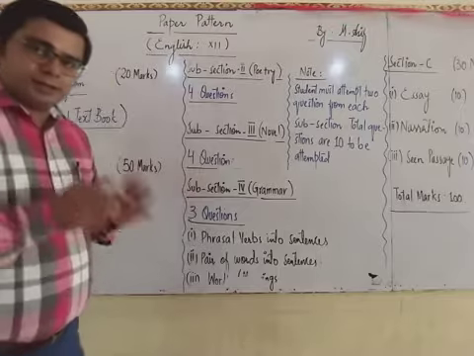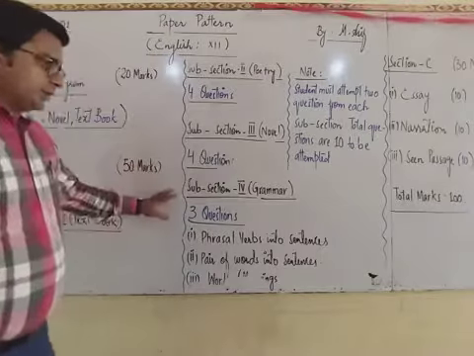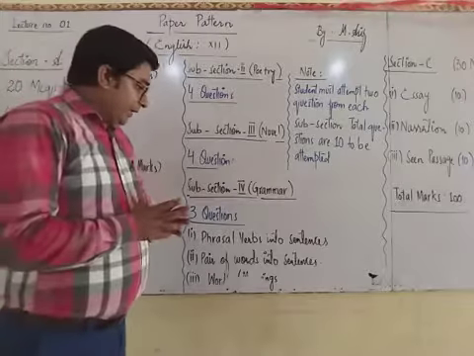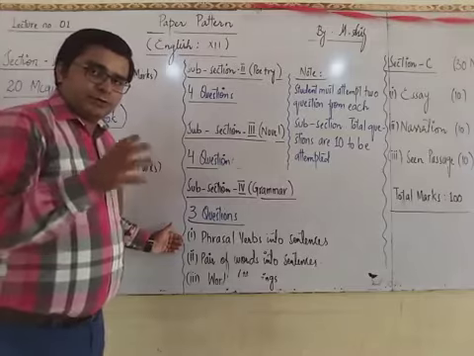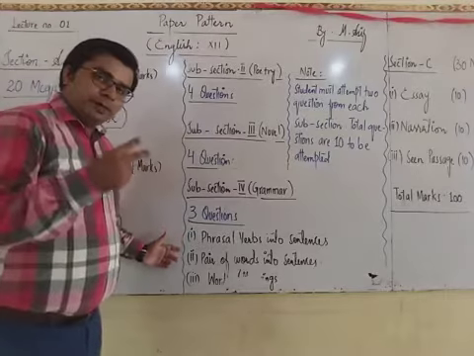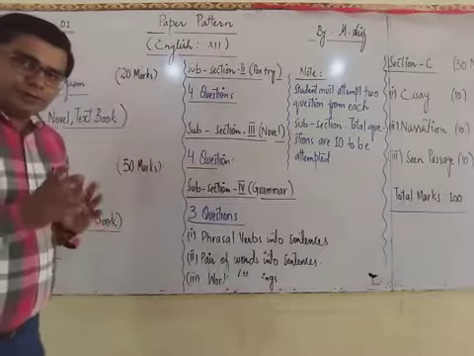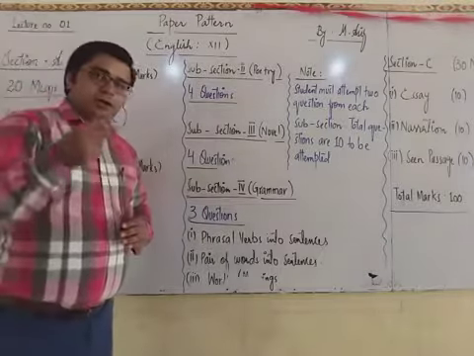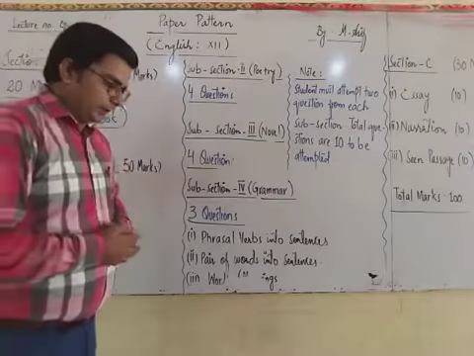And what is in this section, I'm going to tell you about this section. Subsection number 4, that is of grammar. Here we have 3 parts, 3 questions. Each question contains 5 marks. Part number 1, part number 2, and part number 3. Part number 1 is of 5 marks. Number 2 is also for 5 marks. Number 3 is also of 5 marks.